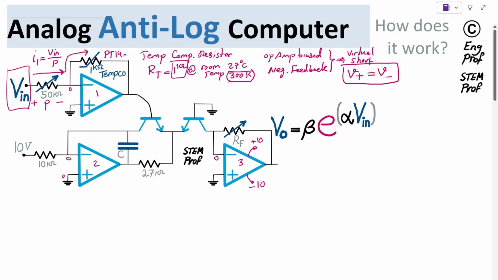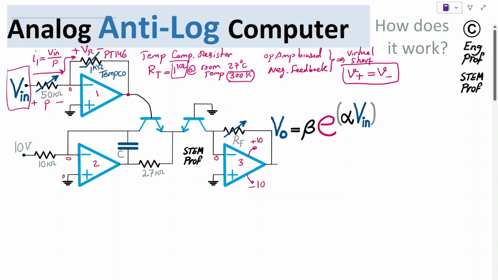PT146 is the name of this resistor. So we have a voltage drop across this resistor because this current is passing through it, and we can compute that voltage drop, let's say just VR,